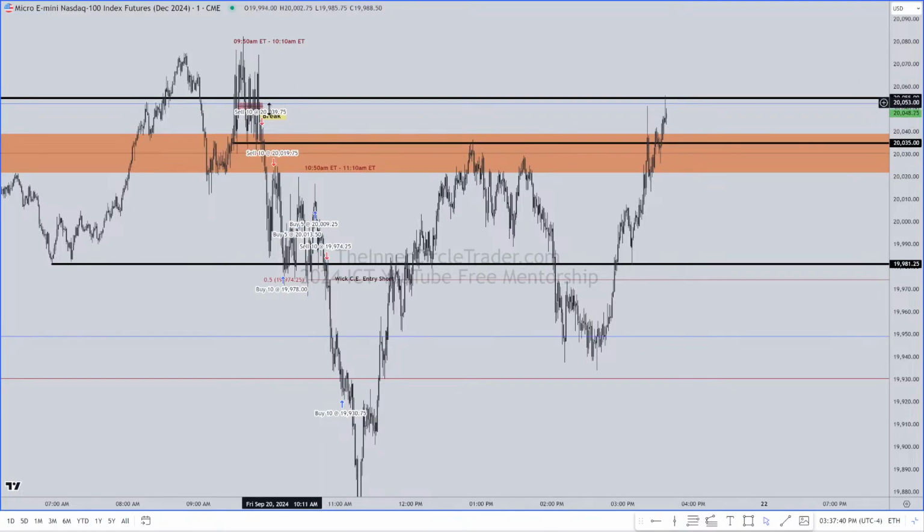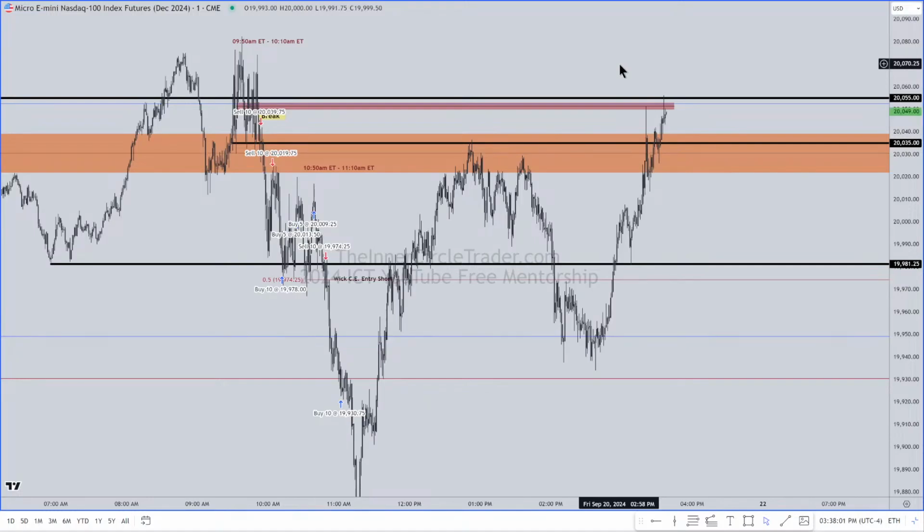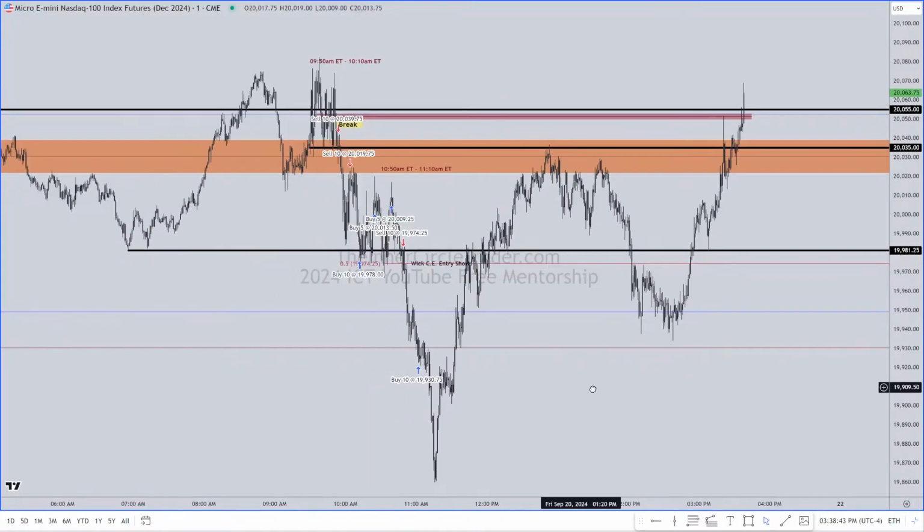But now, late in the day, we're returning to the first fair value gap. That's true value on the daily range. Your first presented fair value gap between 9:30 and 10 o'clock, you need to know what that is because the algorithm is going to refer back to it. Unless it's a trending day, it's going to refer back to it.